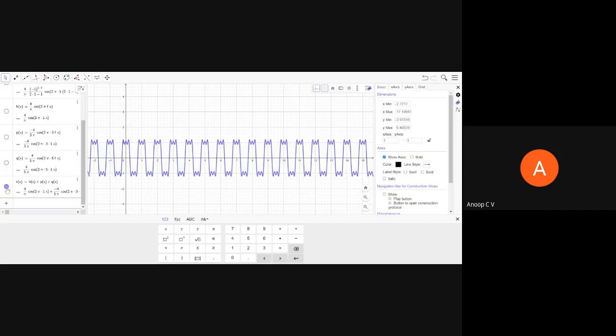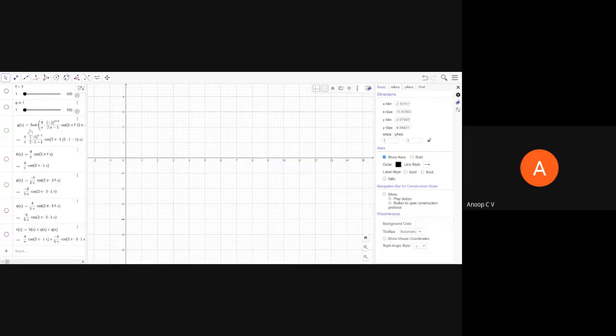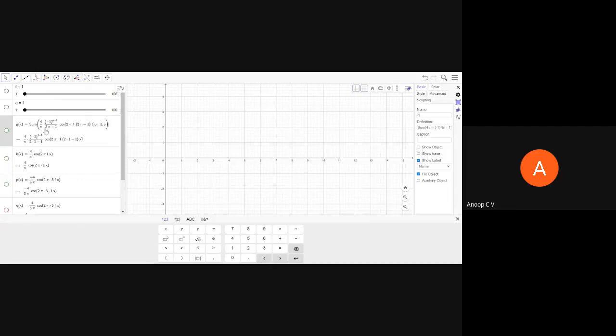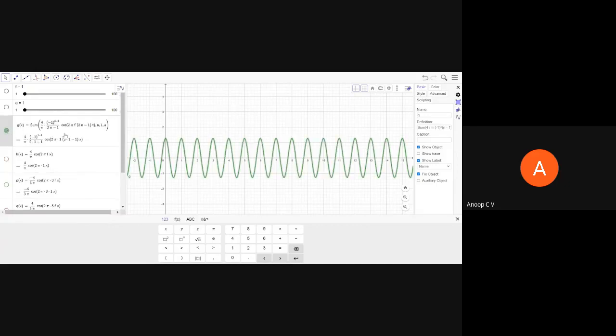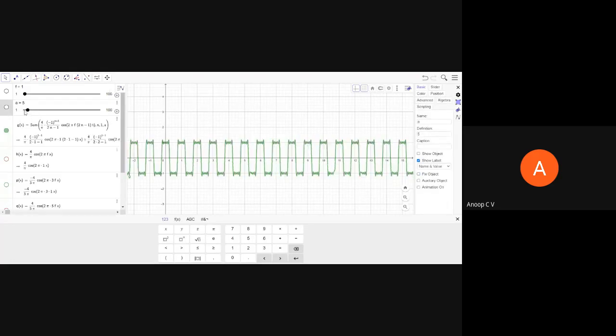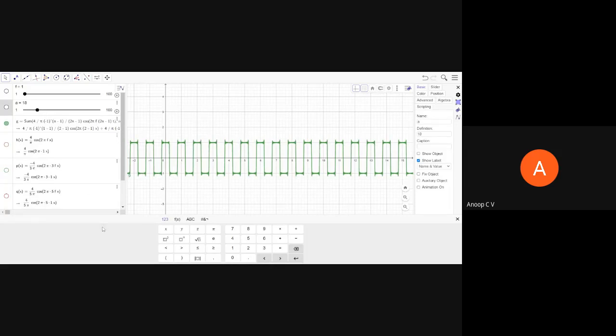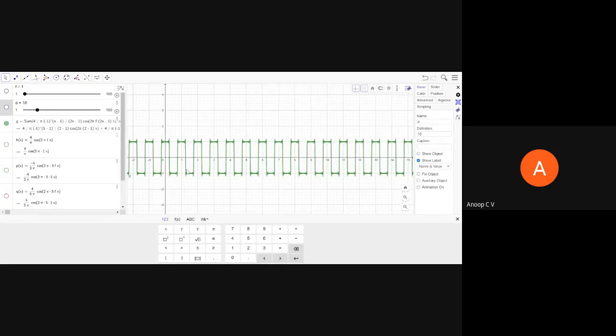So what I have done is I have written an equation here, right? That equation has a summation of 4 by pi, minus 1 to the power n minus 1, cos 2 pi 2n minus 1 f t, like this. Then I am considering n as a variable, and n will vary from 1 to a. So this is for only one term. Now if I increase the terms, you can see for 5 terms, if I add 5 terms, it is becoming more close to a square wave. If I increase it further, is it becoming a square wave? Can you see a square wave? Yes or no?